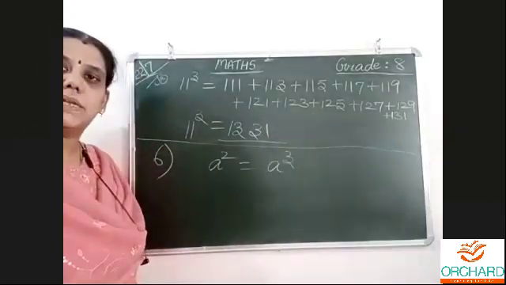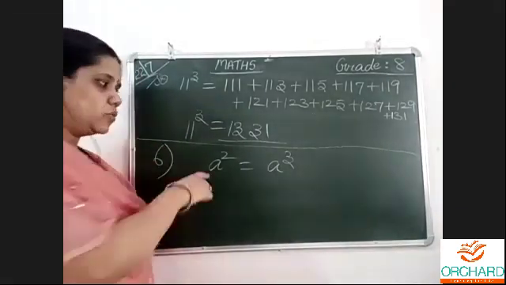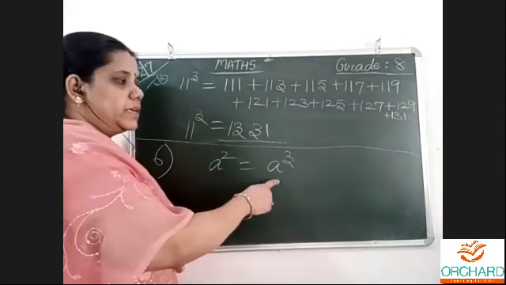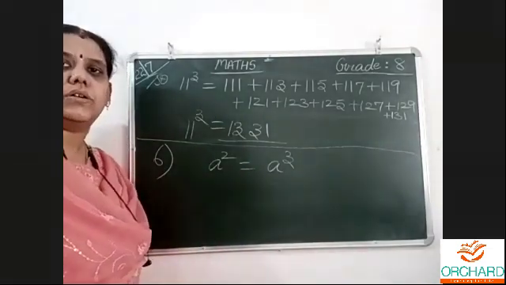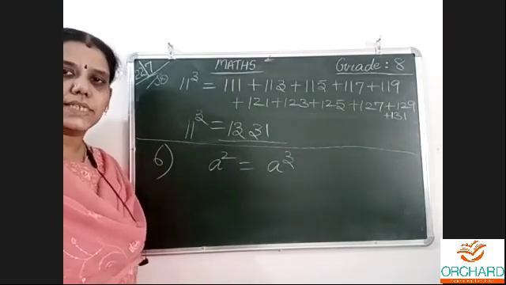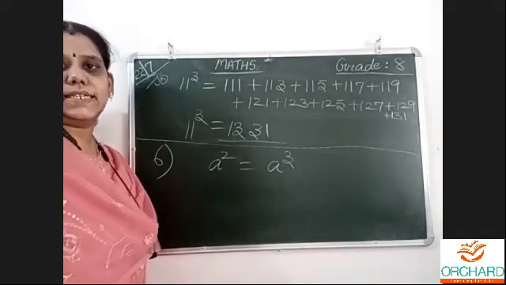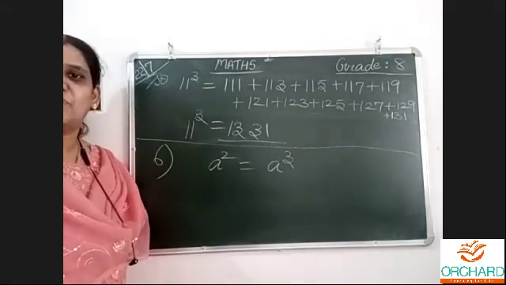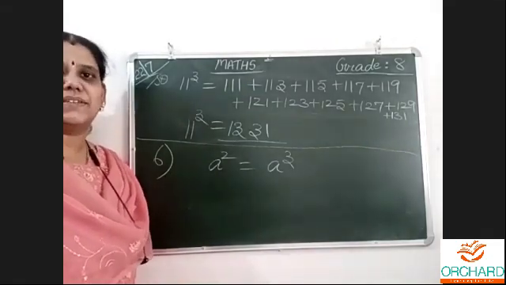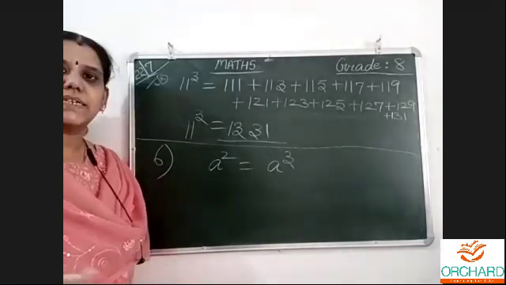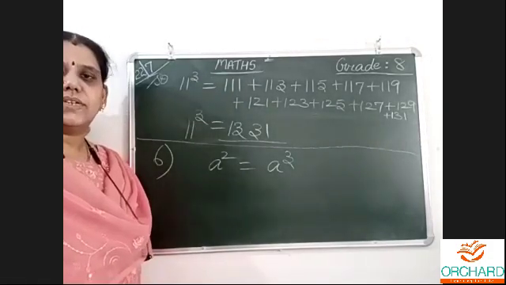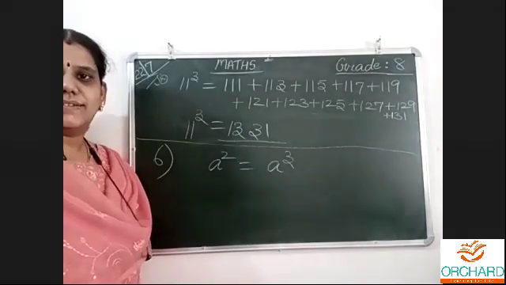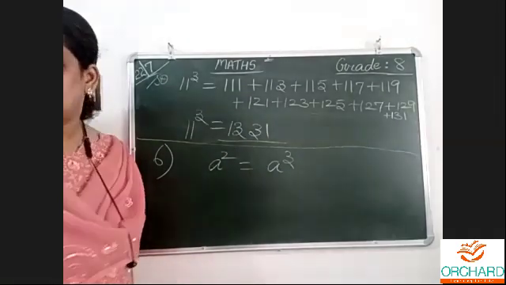What is possible? When we do the squaring and when we do the cubing, we must get the same answer. Which number? It is possible, Fasil. Who told it is not possible? It is possible. For that only I am asking, guess the number. Not possible means I will say not possible and will finish off. It is possible.